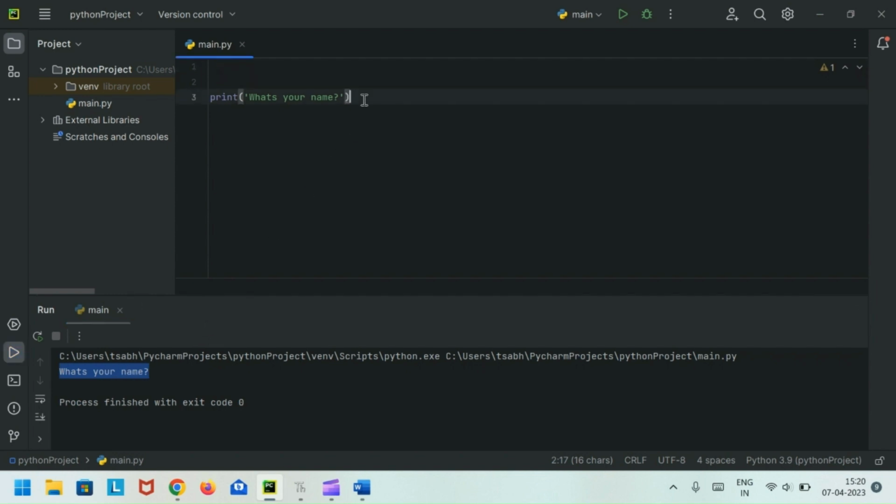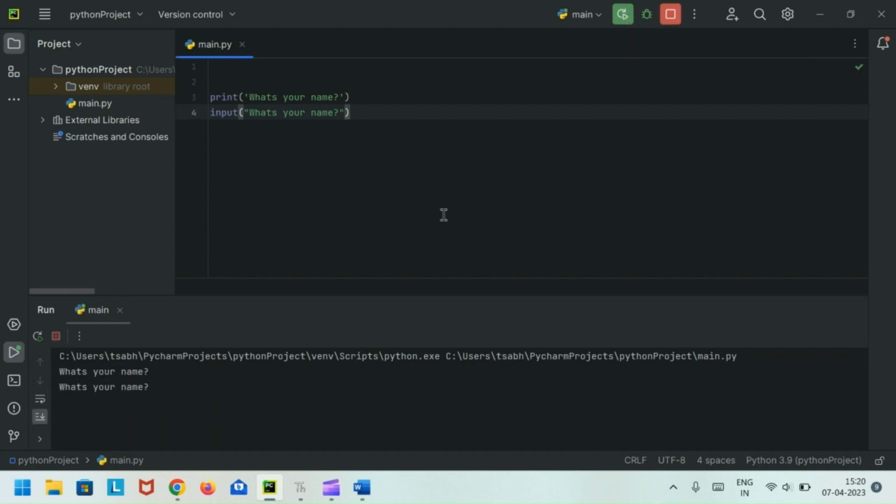But if we are doing input function, our code is in a pause state and it's waiting to get a user input. When the user types a name, in the backend this input will be replaced with the name the user is providing. Okay,